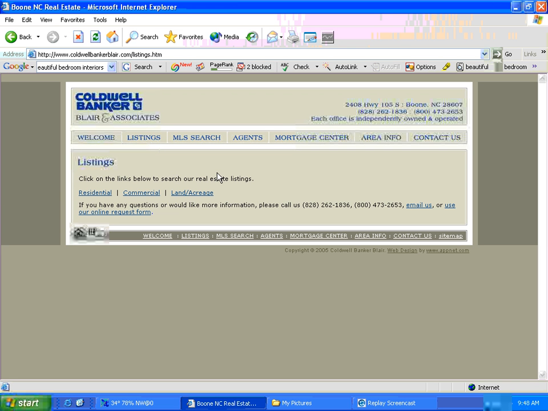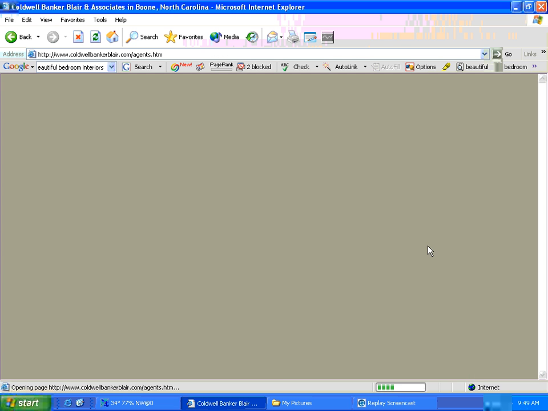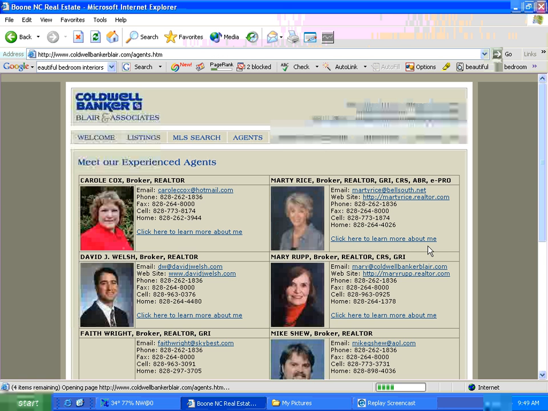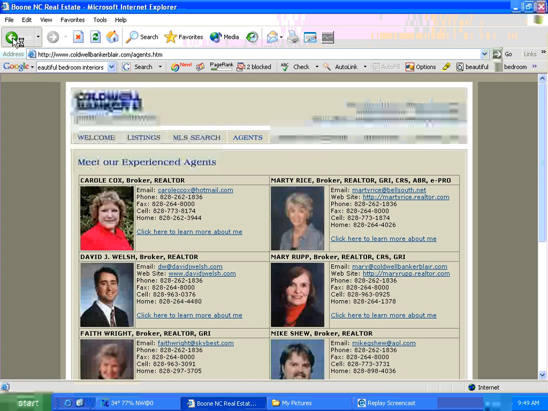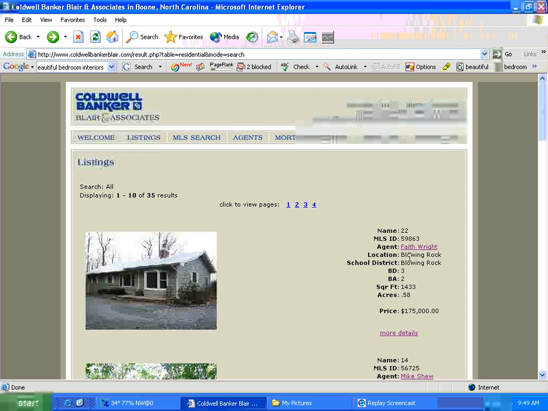Look can be anything from icons to text as they have here, and for this purpose we'll click on residential. This will open the page that will show the way that they've preferred to have it displayed, with the thumbnail being here, obviously property, MLS ID, the agent's name, which links directly to information about the agent, as you can see here. And this can be displayed in any number of ways, so that's just an option that you as the client can dictate. You'll also see the location, school district, bedrooms, baths, square footage, acreage, and then of course